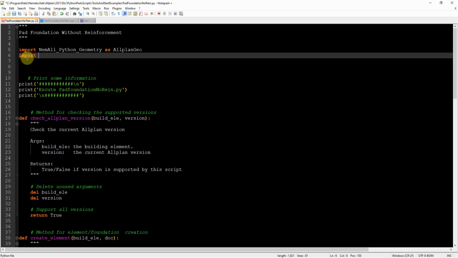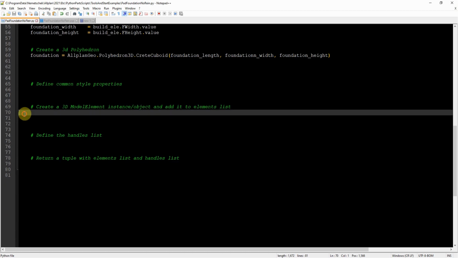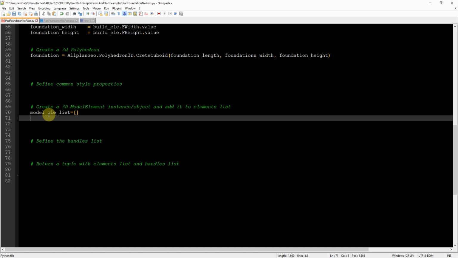Import as Allplan basis element. So I will define a model element list, then I will fill this list with the 3D element. So model element list